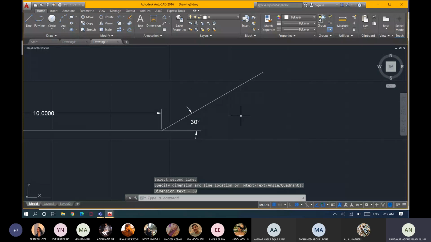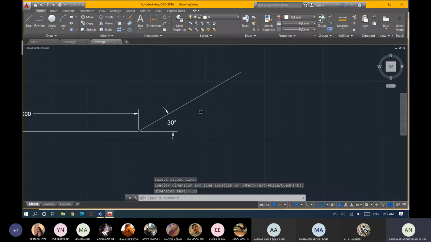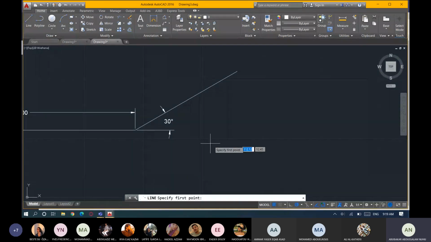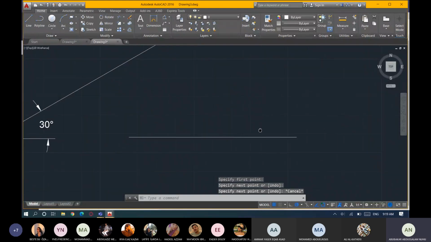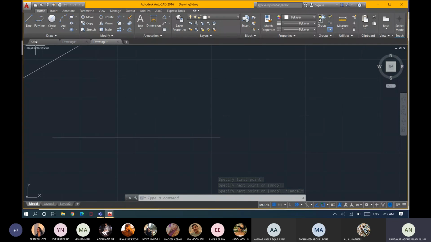So how can I do this? The way I can do this is, first of all, have a line. You have the point where you want to draw the line, then pick the suitable line command. You can come here and pick a line, or you can just type line and pick it, or write it from the command window. That's it. So once you pick the line command,